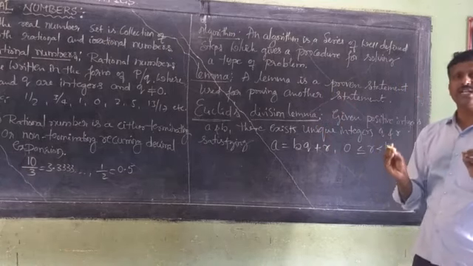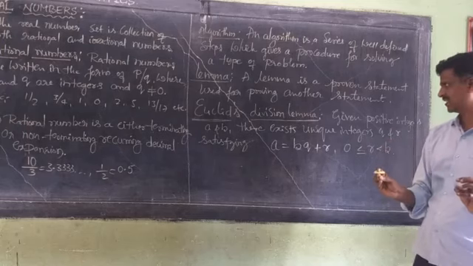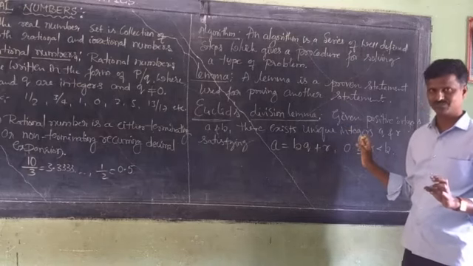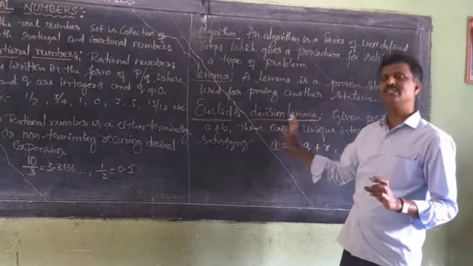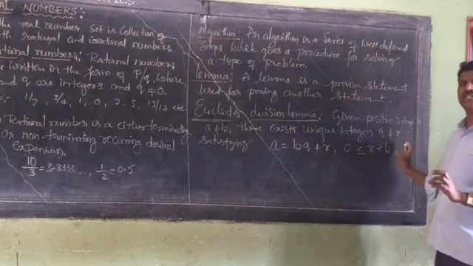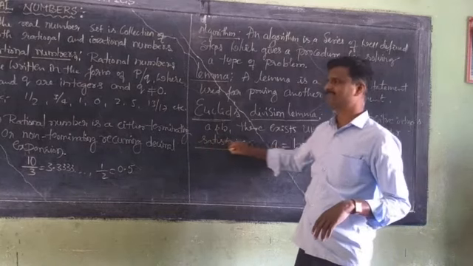There exist unique integers q and r satisfying